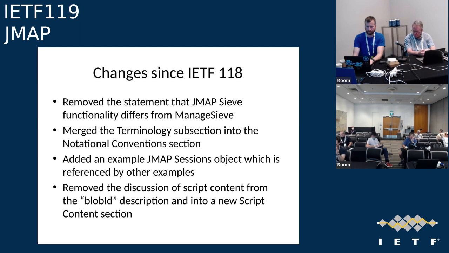Subsections in section 1 were merged together, which is pretty much editorial. I added an example JMAP session object. One of the reviewers was asking about that, and I was able to use that to reference it from other examples, which made things a little cleaner. The blob ID description talked about what the content was supposed to be, what it shouldn't be. I removed that out into its own section, which seems to be a little bit cleaner way to do things. Next slide,